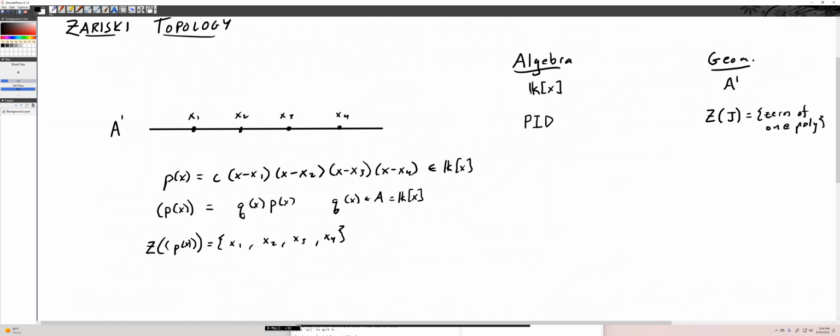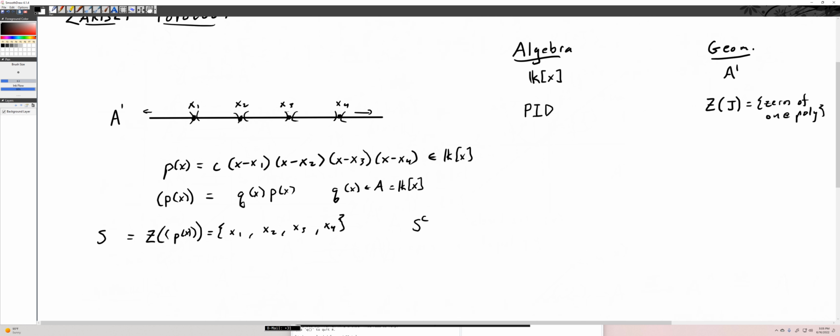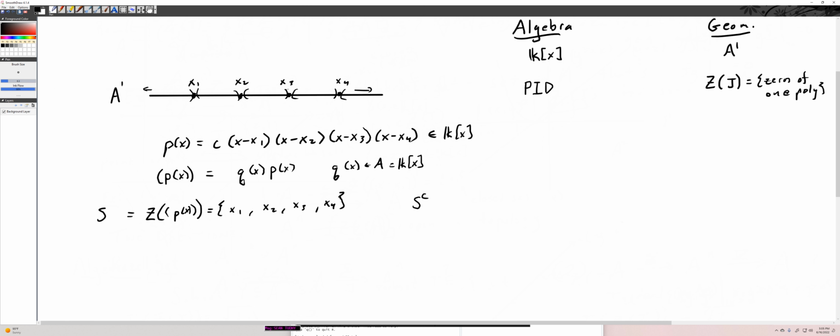So here you've got your 4 points, right? What you can see here is that this Z, this zero set, is these 4 points, and the complement of this zero set, let's just call this S for whatever reason, is going to be these intervals here, going out to infinity, this guy here, this guy here, this guy here, and this guy here, going out to infinity. And another thing I can see from this is that I could take,